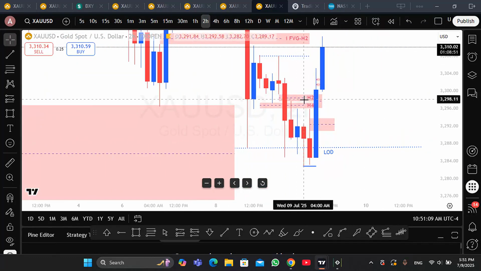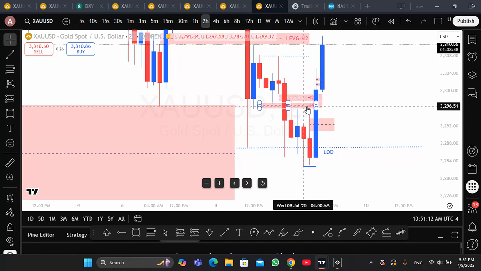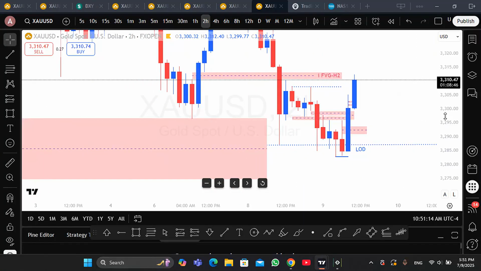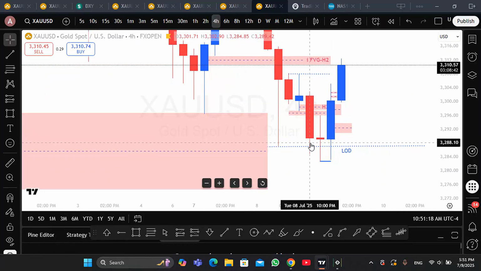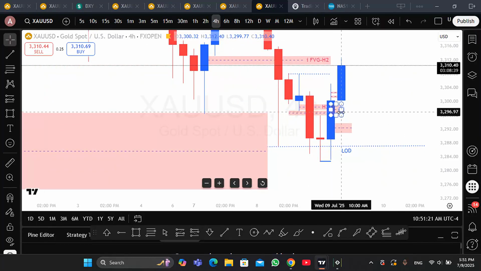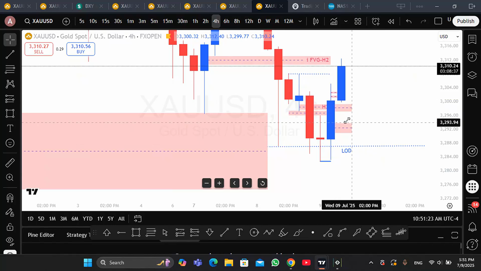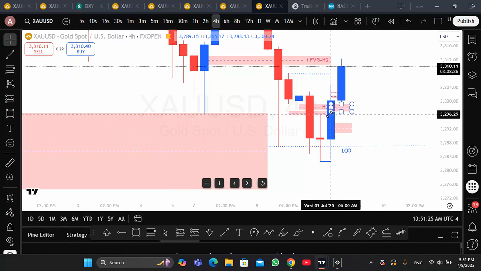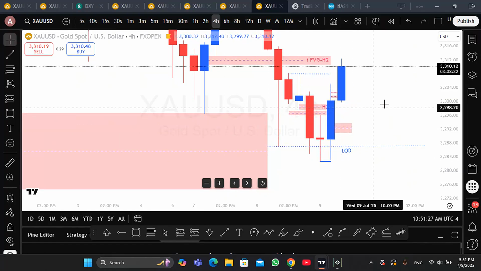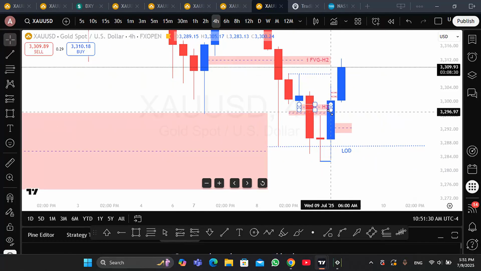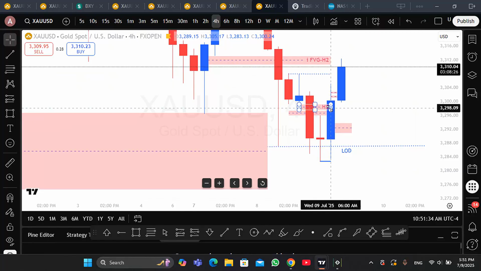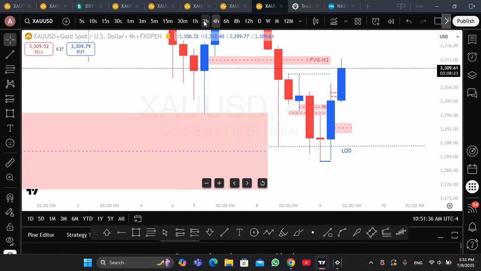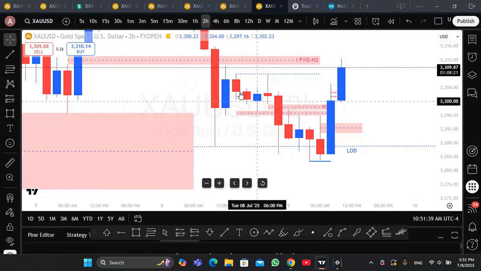There is an H2 and there is an H4 FVG here. This is an H4 FVG. Sorry, not this one; this one is the H4 FVG. Sorry, I will delete this. This is an H4 FVG, and this is an H2 FVG. This is also an H2 FVG. When the price arrived to this area,